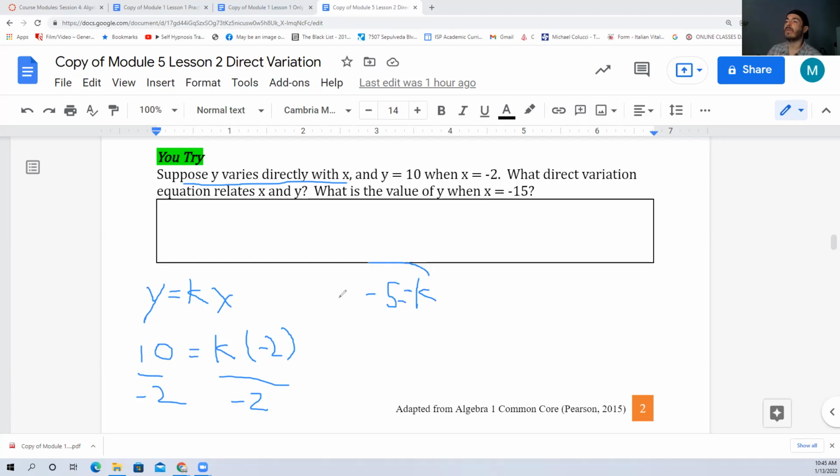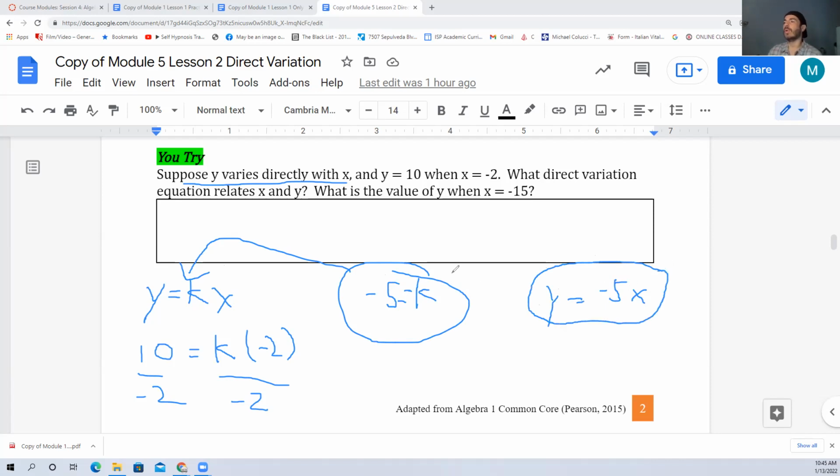Now I can plug my k back into the general form of the direct variation equation and end up with y is equal to -5x. That is the first part of my answer. What is the value of y when x is -15? Well, now that I have a general form of an equation, I can use substitution